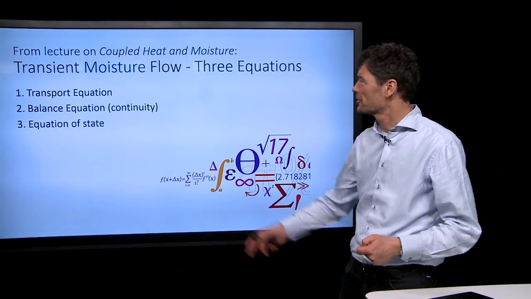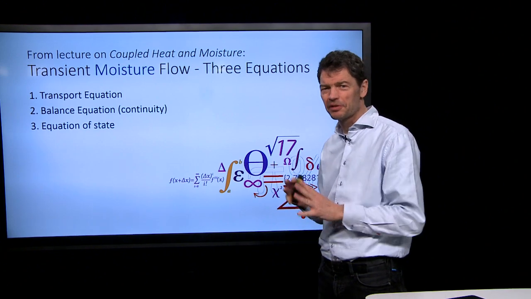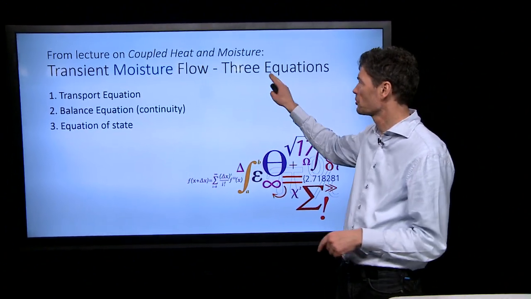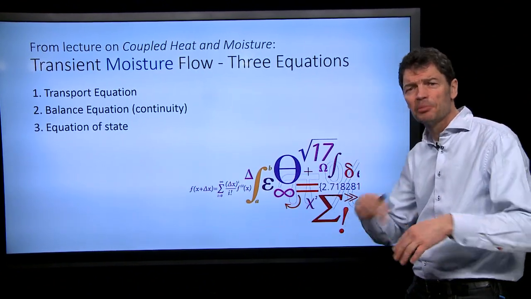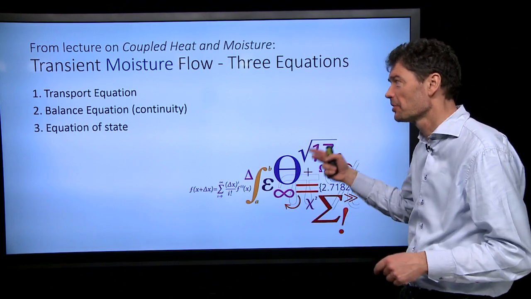From the lecture on coupled heat and moisture transport, we show three different parts. And the first part was that we demonstrated how, with three equations, we could calculate transient heat flow, isolated. But now we'll look more into the couplings, and we do that by first talking about similar equations, but for